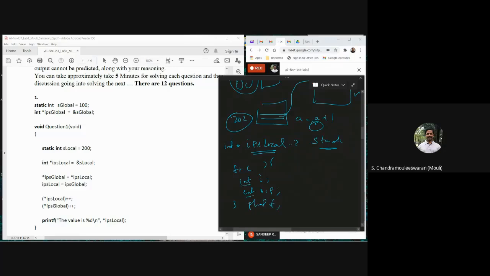These variables, unless you have a storage class saying it is static, if you don't give static, they are non-static or local variables. It doesn't matter whether it is holding an address or a value or whatever. First thing. So let me clarify one more thing. Int I is there, int star IP is there.